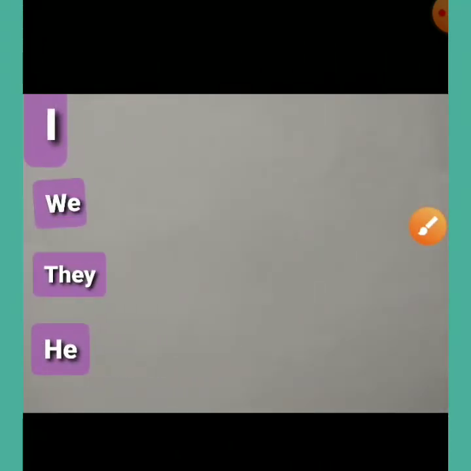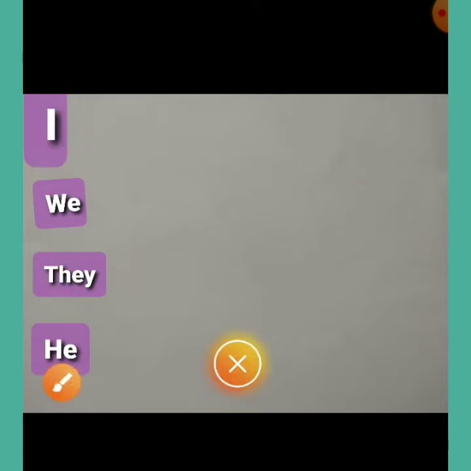Now we will try to make some sentences by using the subjective case. So these are all subjective case. All these words are subjective case. To make a sentence, what do you have to do? You have to add a verb and an object, or you have to add a predicate. So that is how you can make a sentence here. So I will make some sentences here. First we add a verb.